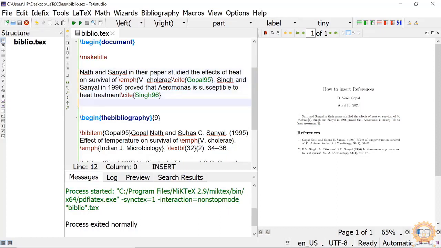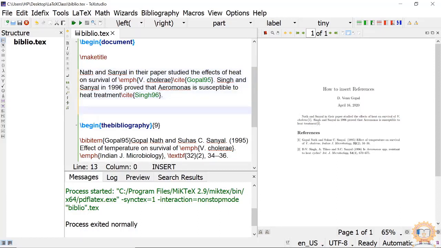And further, suppose I want to include the page number of the reference also. Then I can write something, blah blah blah.